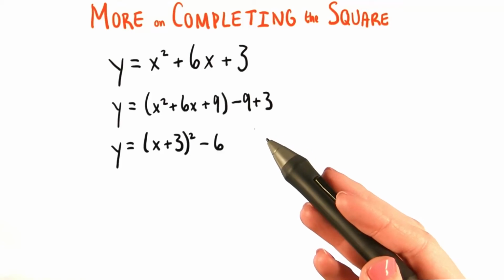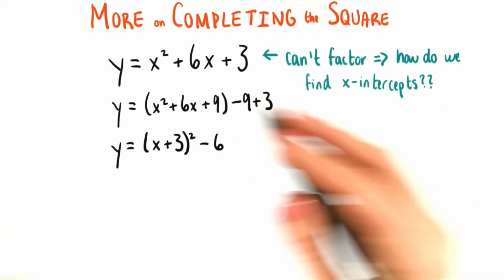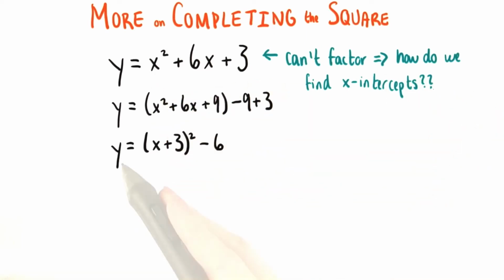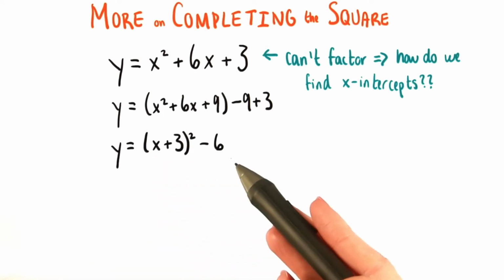Now you might be wondering why on earth this is helpful at all. Well, remember what we're trying to do here. Since we can't factor this expression, we need a different way to find the x-intercepts. Here we can tell that we're getting close to being able to do that. At some point we'll want to set y equal to 0, and now we only have x written in one